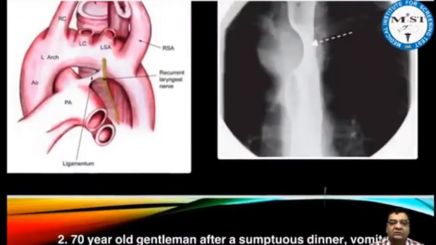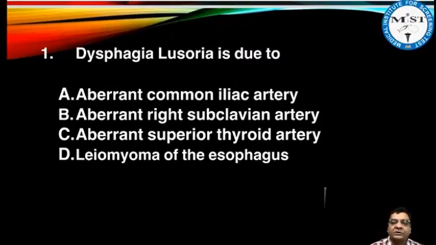Right, so this was dysphagia lusoria, and if you take a look at the different options, these are quite simple options here. I would just like to reiterate that superior thyroid artery, in anatomy question, is the first branch of the external carotid artery. Now if you take a look at the different branches of the external carotid artery, there is the superior thyroid artery. Then there is lingual, facial, occipital, posterior auricular. There is a small ascending pharyngeal, and the terminal branches, the maxillary and the superficial temporal. So these are the important branches of the external carotid artery which would be relevant for us.